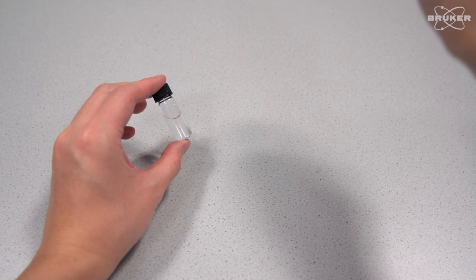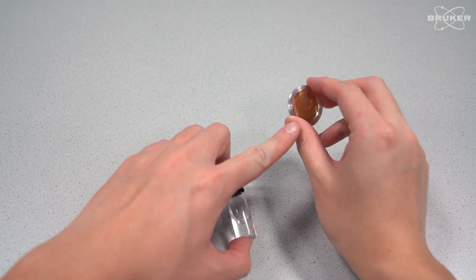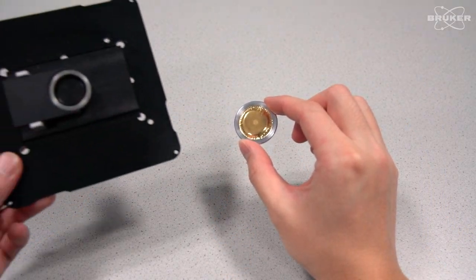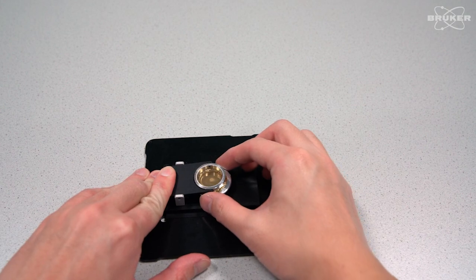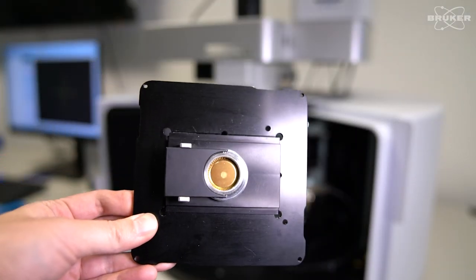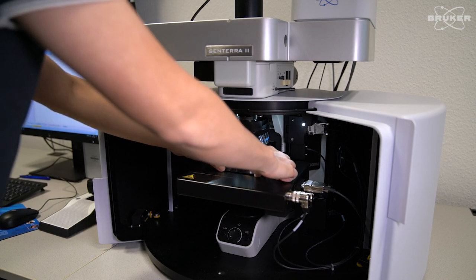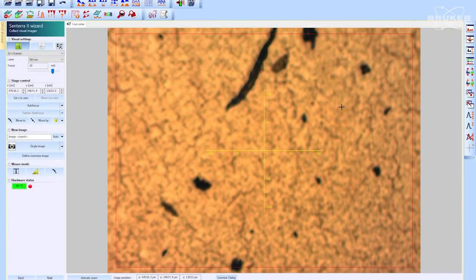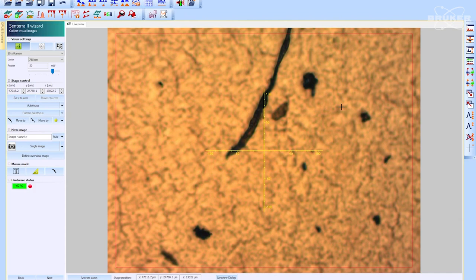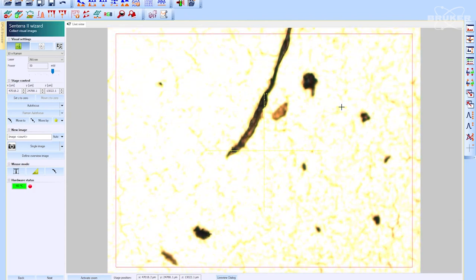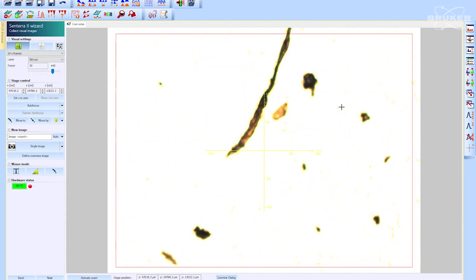This biopharmaceutical formulation was prepared on a gold-coated PVC filter by pipetting and filtrating it with a special sample holder. Then the filter is placed underneath Bruker's confocal Raman microscope, Centera 2. Depending on the visual conditions, the filter pores may interfere with the automatic particle recognition. However, by adjusting the brightness, the contrast is greatly enhanced.